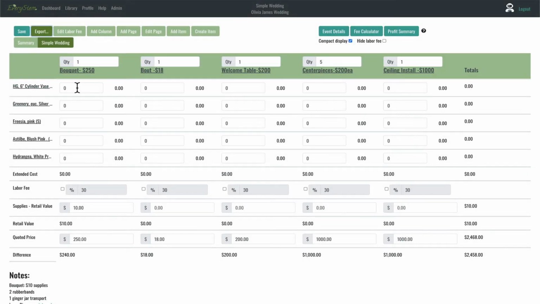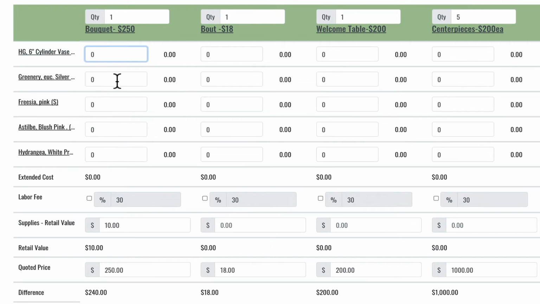Now we're going to go ahead and get this bouquet. We don't need a cylinder vase. We're going to do half a bunch of silver dollar. We're going to do 5 freesia. We're going to put in 10 astilbe, and we're going to go ahead and put in 5 hydrangeas. And once we do that, you'll see $250 quoted price. We have $197.20 retail value, but our difference is still